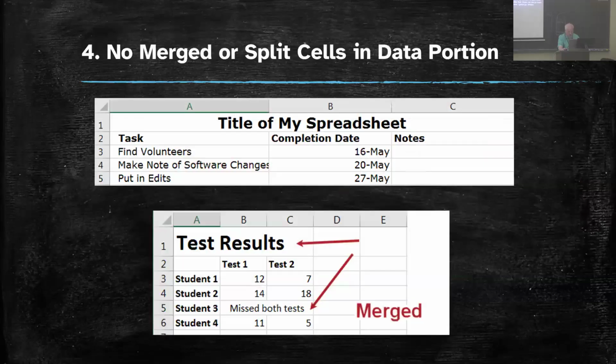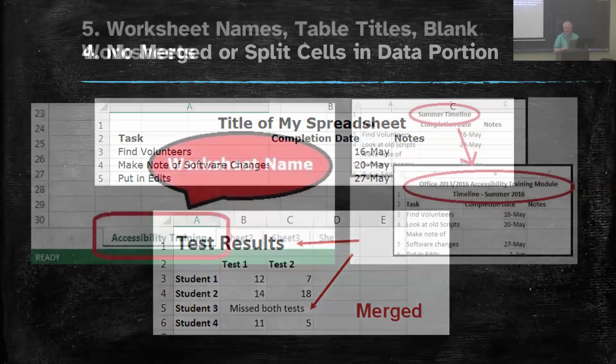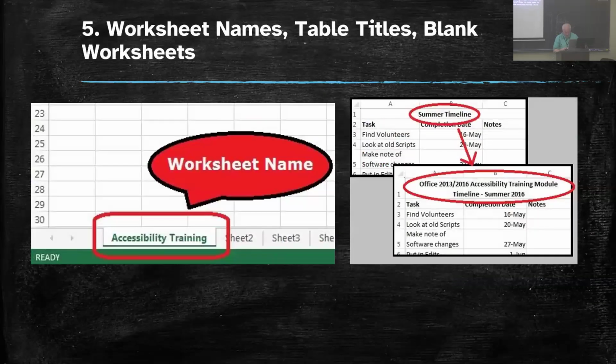Okay, number, so the worksheet names. I think that's pretty straightforward, and you can give it a descriptive title. Like this is successfully training. It could be summer sales or whatever it is. You just give it summer sales 2025, something that really describes what the sheet is. Okay, so